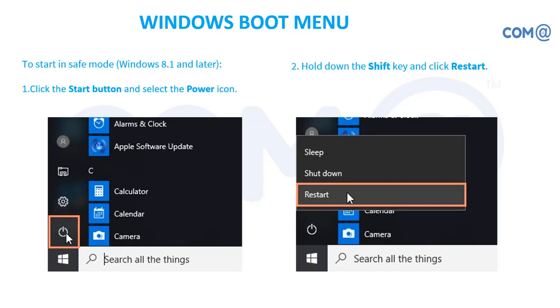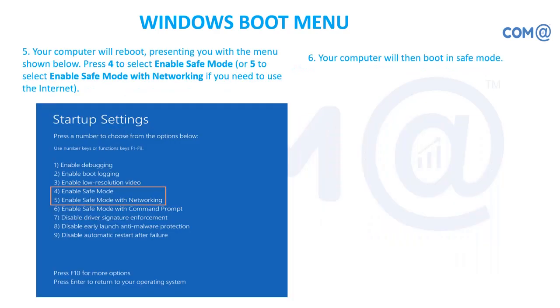Once the system is restarted, it automatically opens up your configuration details and the boot menu, and you can further proceed with the configuration changes from the boot menu. This is the easiest one. You do not need to remember F8 or any other keys used for getting the boot menu. Once you restart the system, you'll get the same options this way. This helps you connect your system with the minimum drivers.